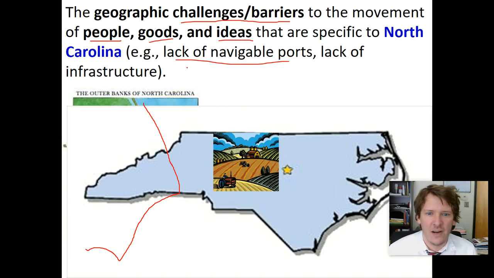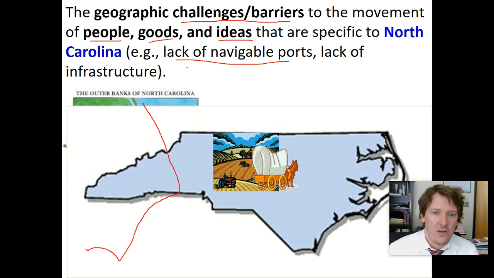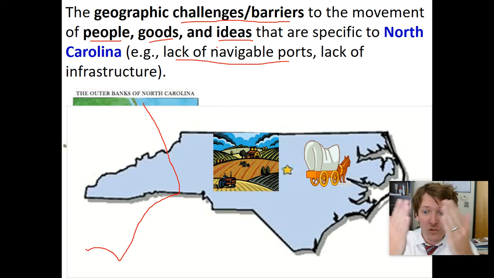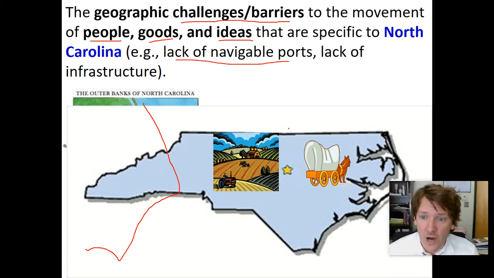And if we look at North Carolina, let's just take an example. Imagine you are a farmer in North Carolina. You get your goods, let's say it's corn or tobacco. You farm tobacco, you put all the tobacco on the back of your cart. This is the 1600s, 1700s, and then you take it to the coast. Well, there's a problem, as you can see right here, in the way that North Carolina's coastline is structured. And that's because of millions of years of those ocean waves coming together, building up the sand underneath, slowly piling up and piling up. That's created a barrier.